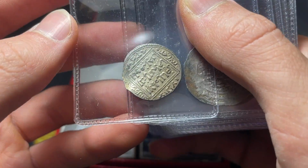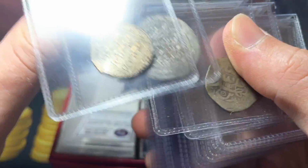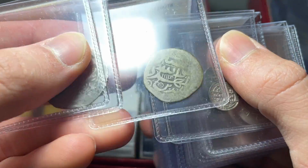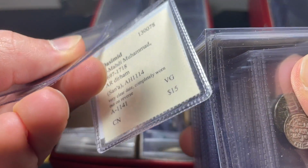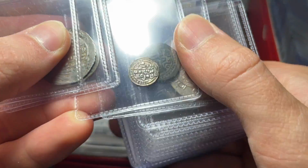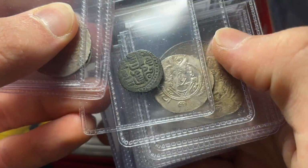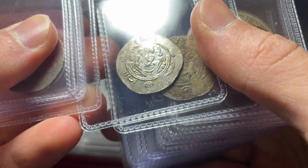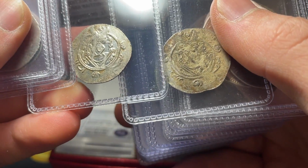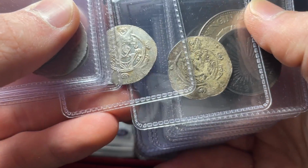This one's from the 1200s, a nice Islamic coin. That one I think is from the Rasulids, probably also 1200s. This one, let's see what year it's from, around the early 1700s in the Qasimid Empire. This one's from the late 950s or so, and this one's from like 1220. Then we have some Tabaristan, which is different from the Sassanid Empire. That's a faceless bust. This one has the bust of the governor, late 700s in what is sort of modern